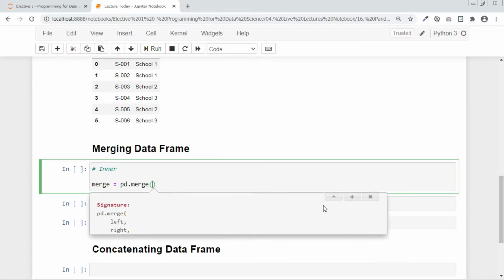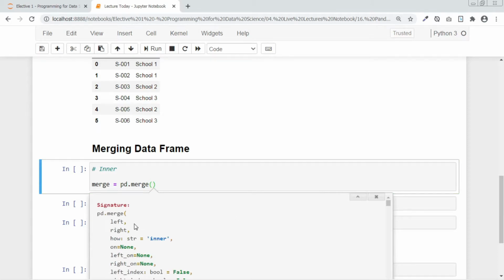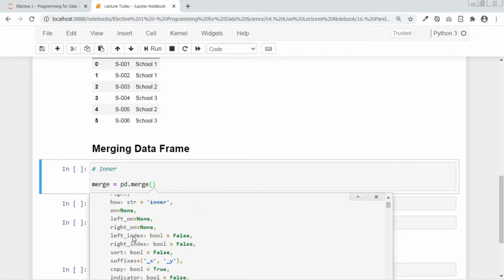Then if you look at the documentation, it requires that you have a left data, the right, and how you intend to join. The default is inner. Then I think the important parameter here is on, which is what specific column or entity